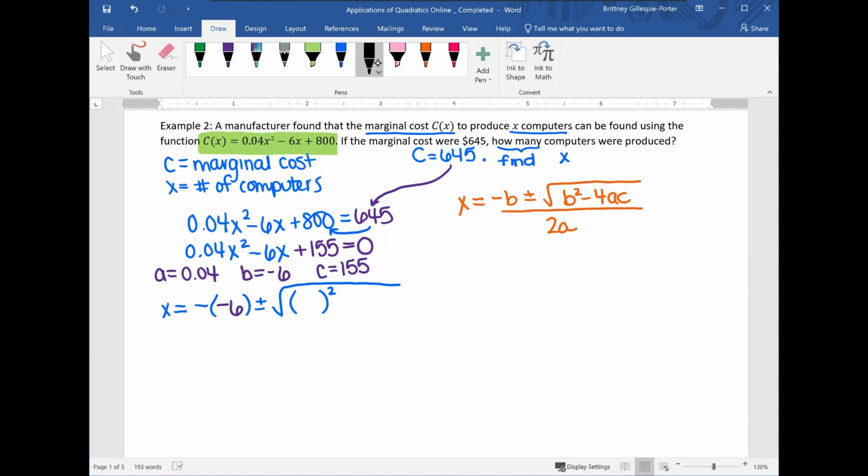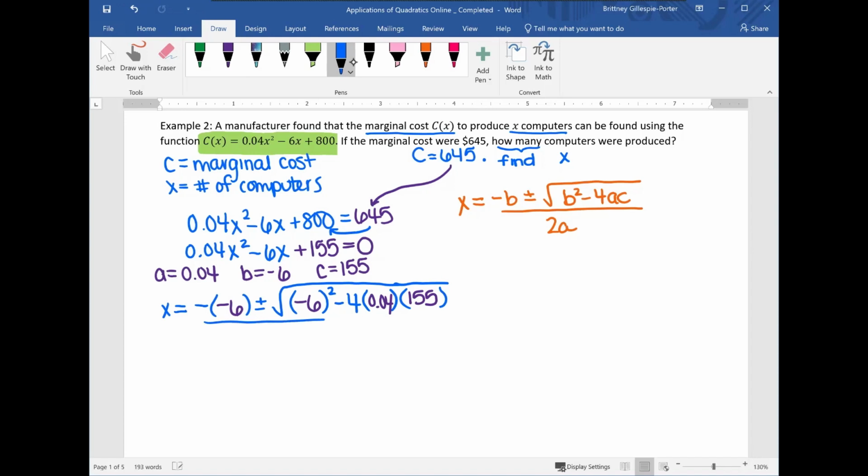Make sure that you put the parentheses around the negative 6, especially when you enter it into your calculator. If you drop those parentheses, your answer will be wrong. We're going to have minus 4 times a, which is 0.04, times c, which is our 155,